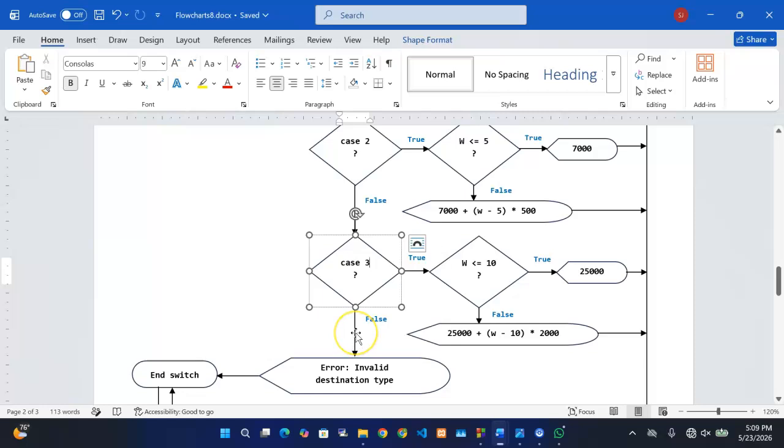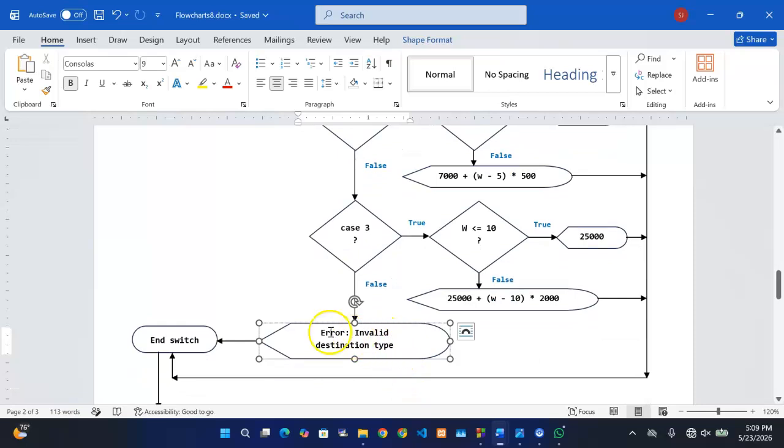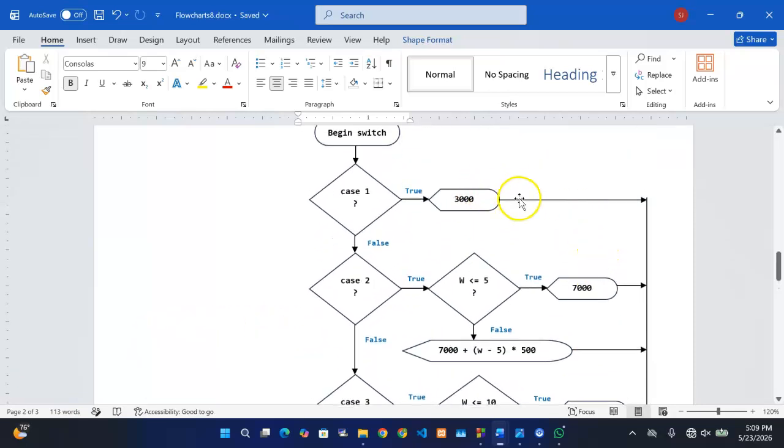Default, because in switch there is no else, there is default. So in the default we are going to say error invalid destination type, okay? And again we end the switch, okay? And even here you see all this,